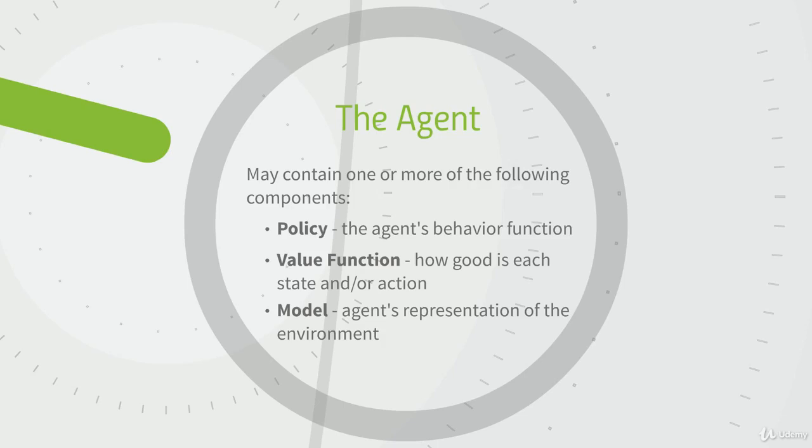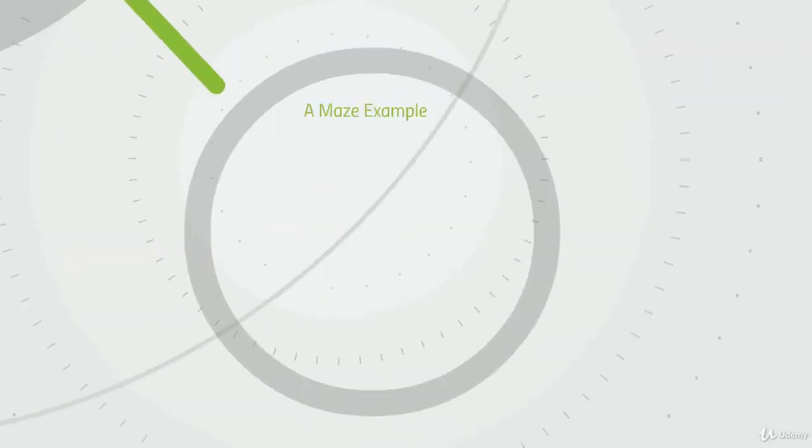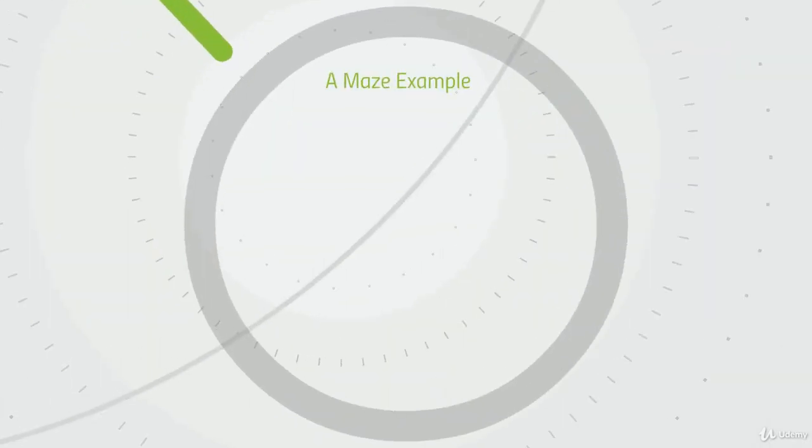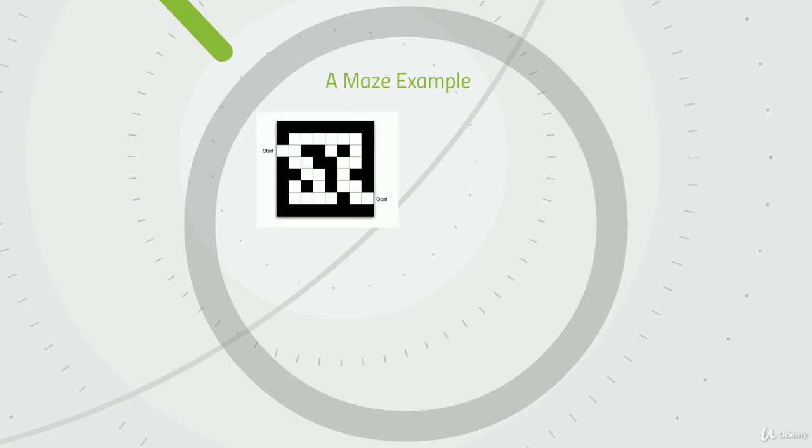So once again, an agent doesn't have to have all of these components. It certainly doesn't need to have a model. However, these are different aspects of an agent that may help it learn or generalize to new scenarios. So let's use an example to go over this, and we're going to continue using our maze example. So here we have the environment. We have an initial state, the start location, and we have a final state or a goal that we're trying to reach. So we can take any sequence of actions to get there.